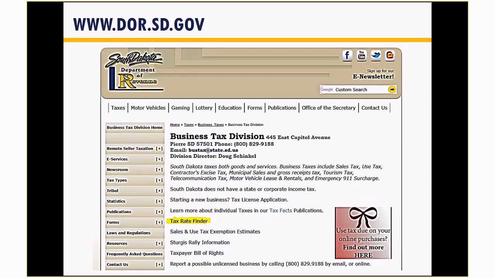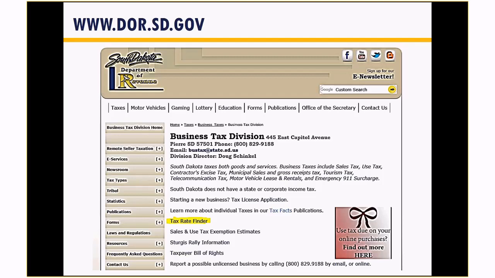More importantly, the question that we get is, how do I know what the sales tax rate is? I know that the state is 4.5%. I know that I believe most, if not all, the cities are at a 2% rate. But how do I know if the location I'm shipping to is within or not in the city limits of Eden, South Dakota? How do we know that?